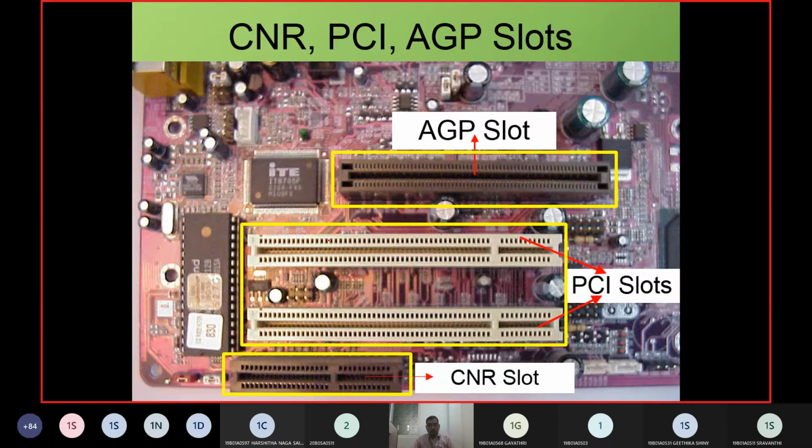So you will have all these CNR, the graphic port, or the peripheral component interface. PCI stands for peripheral component interface. What do peripheral components mean? All types of peripherals. Peripherals are nothing but input and output devices. Using these input and output devices, you will be able to link up with these slots